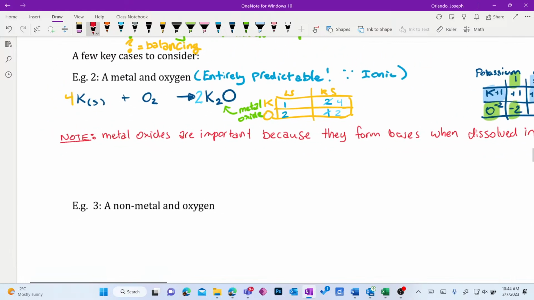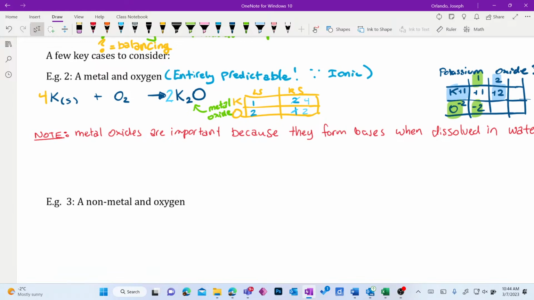But the second case, and this is a case we should know, is now let's take this stuff. Let's take the potassium oxide and react it with water. And we're going to get another synthesis reaction. Now, this is not as easy to predict. In fact, I wouldn't expect you to be able to predict what will happen here in a vacuum. Does that make sense? I wouldn't expect you to just be able to figure this out. But I'm telling you